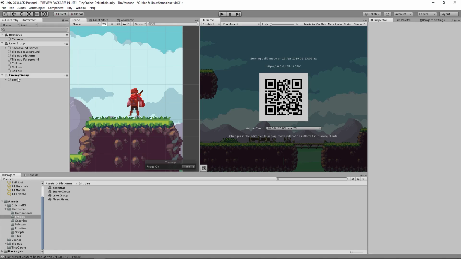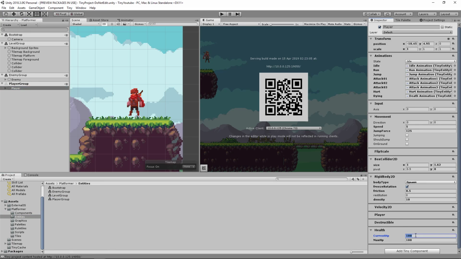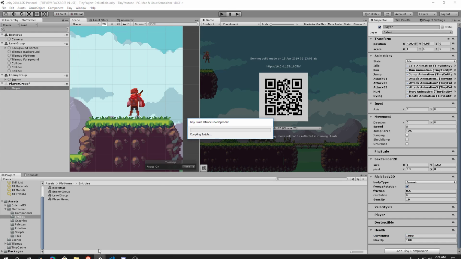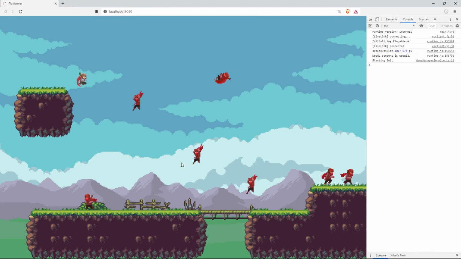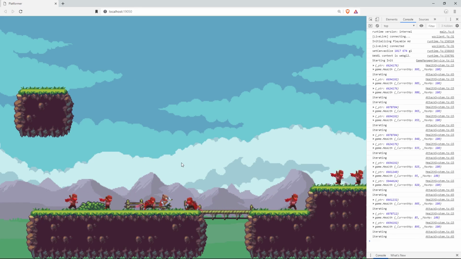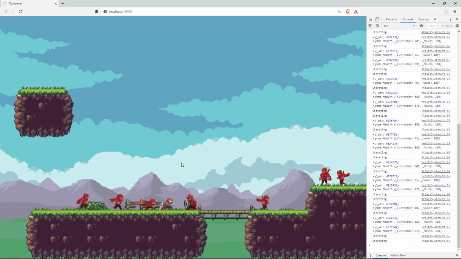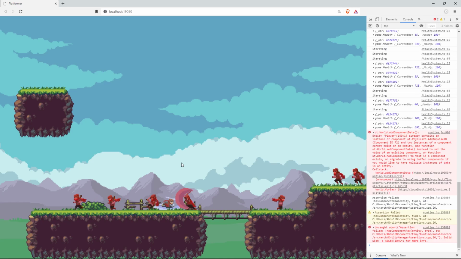Let's increase the health on our player so we can survive for a little longer. We'll put his HP up to 1,000. Click play again. Let's spawn in some more units. Drop down. Confirm everything is working. Okay, so we got an error on our